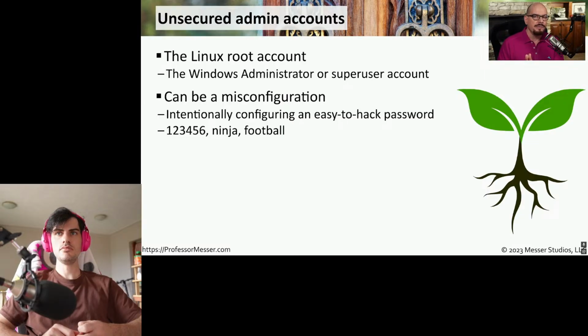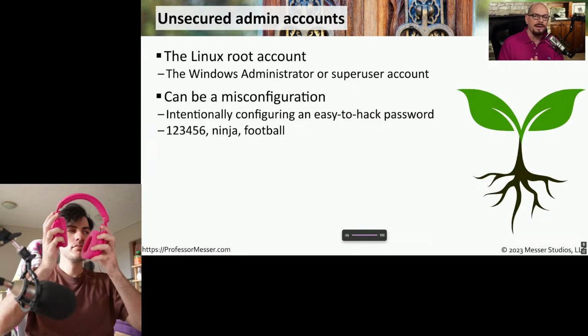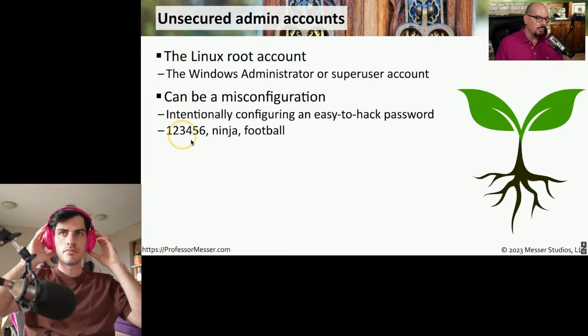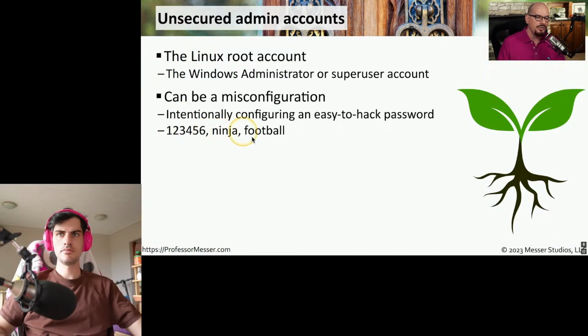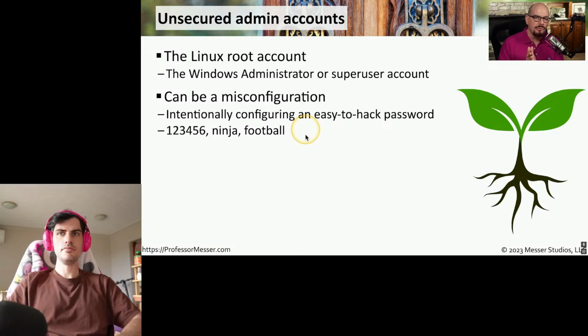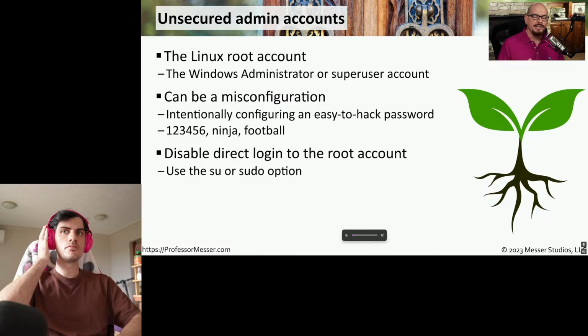But unfortunately, administrators will often assign a very easy to guess password to the root account, a password like 123456 or ninja or football, which makes it very easy for an attacker to brute force a password on this root account. A good best practice is to completely disable the ability to log in with the administrator account. This means you would first have to log in with your normal user account and then use an elevated access